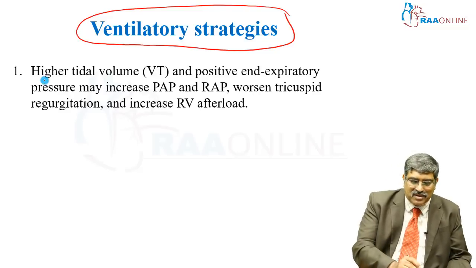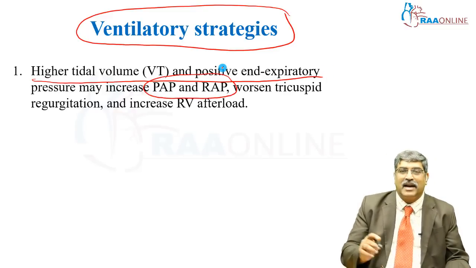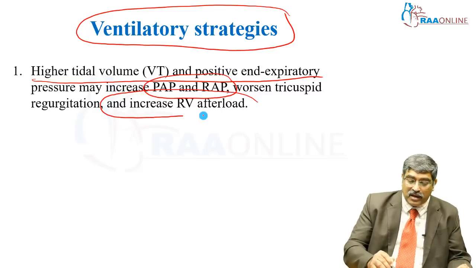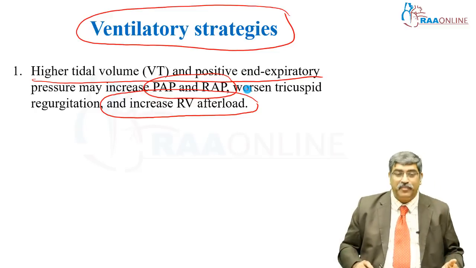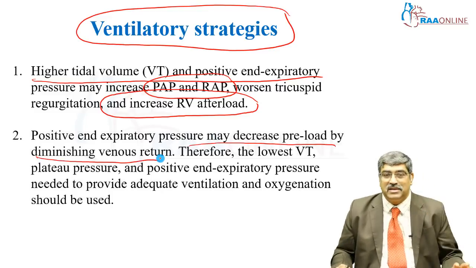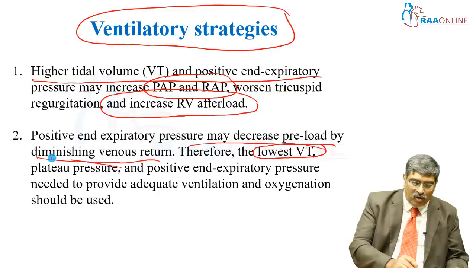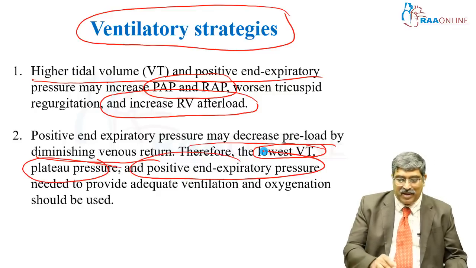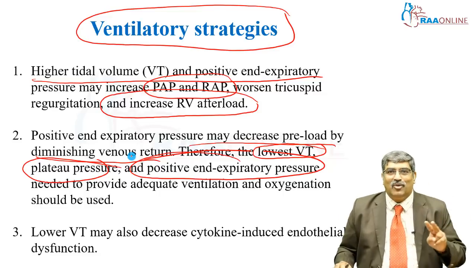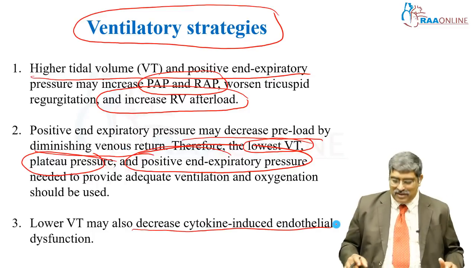The first and foremost is that higher tidal volume and PEEP may increase your pulmonary artery pressure and right atrial pressure, and it worsens the tricuspid regurgitation, and most importantly, it increases the RV afterload. And PEEP also decreases your preload by diminishing your venous return. Therefore, you have to go with the lowest tidal volume, lowest plateau pressure and lowest PEEP which is needed to provide adequate ventilation and oxygenation. By using lower tidal volume, you can also decrease inflammation, decrease your cytokine induced endothelial